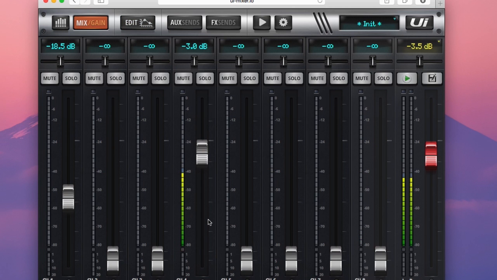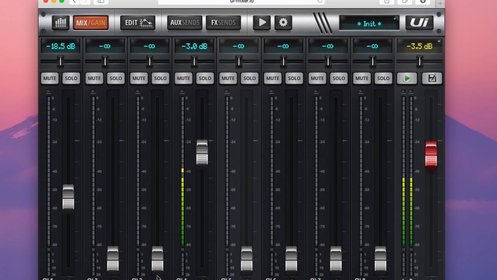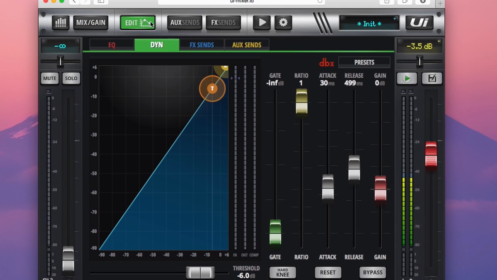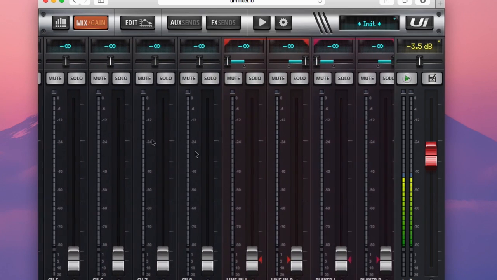We can also access the dynamics page for any channel by simply double tapping the channel label here, like so. Tap for channel 3, like that. If I scroll across to these other channels over here,